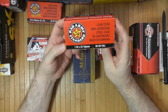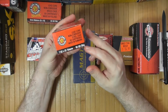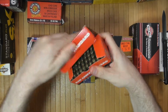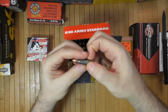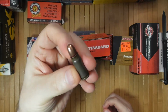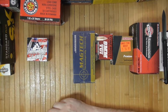Another one from Red Army Standard. Again, Century, of course, imported these. These are made in Romania. That produced another variant of Tokarev, 7.62x25. This is a bottleneck cartridge. If you want to think of bottleneck cartridges that are more modern, 357 SIG, 5.7x28. This is a World War II era bottleneck cartridge that honestly is a bastard child of a 30 Mauser,